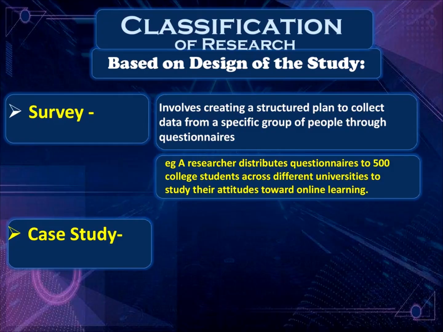Let's see what example they are talking about: a researcher distributes questionnaires to 500 college students across different universities to study their attitudes towards online learning. So they will not check 500 from one university. They may go to one university and check maybe 50 or 100. If they have to study 5 universities, they'll check each 100. If they have to take 10 universities, it depends again on the resources of time, money, and the need of the